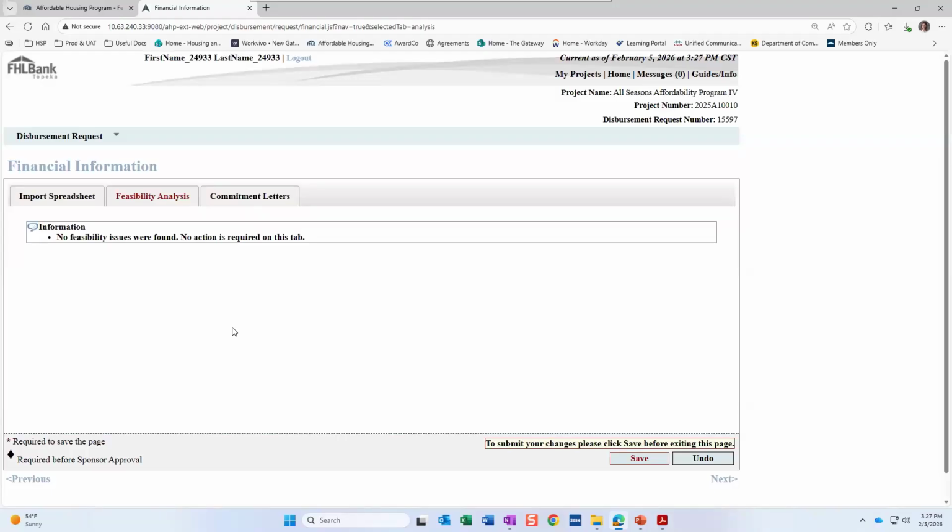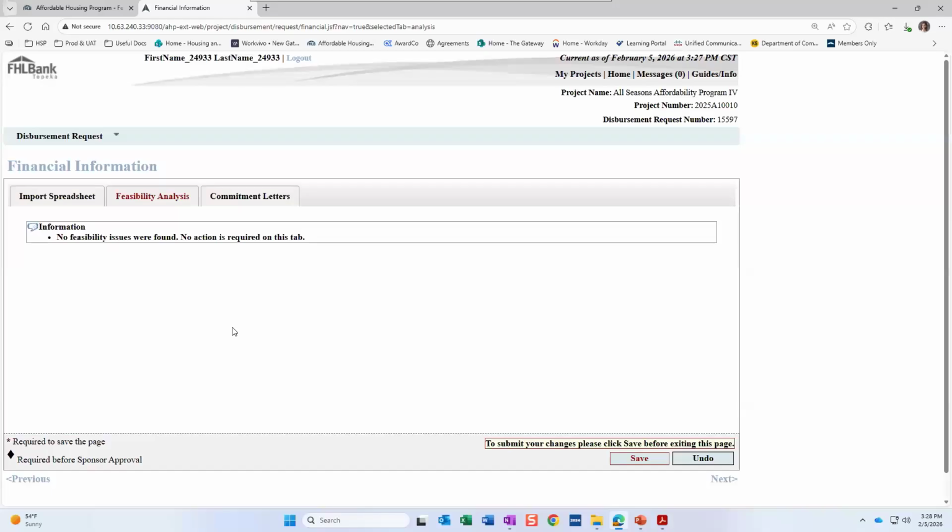So please, again, make sure to check out Exhibit B of the implementation plan for all of those lender guidelines, loan guidelines, to make sure that all of your loans fall within those and that you don't have any issues when you reach this tab. If you do, again, have anything that you expect to be outside of guidelines, please reach out to us prior to the closing so that we can figure out if an exception is able to be provided.